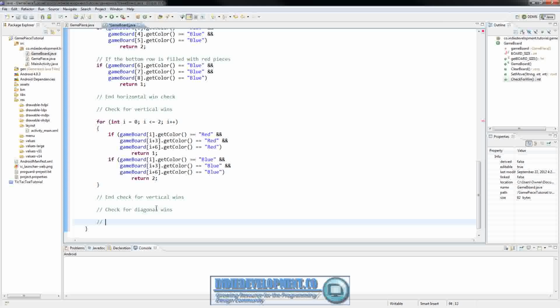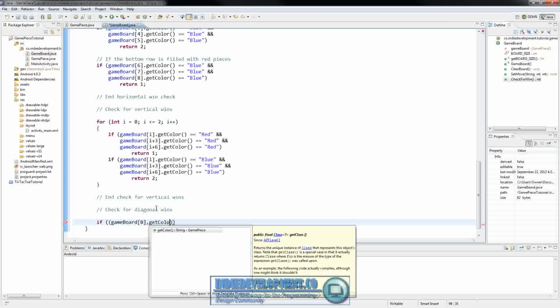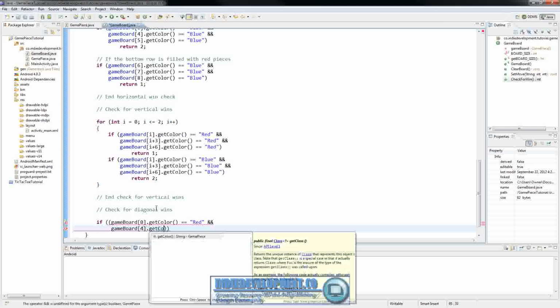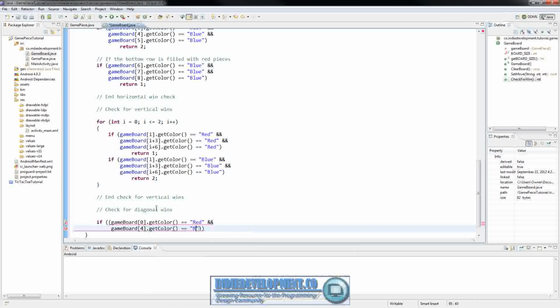So we'll just do if GameBoard 0 dot color red and GameBoard 4 get color is red